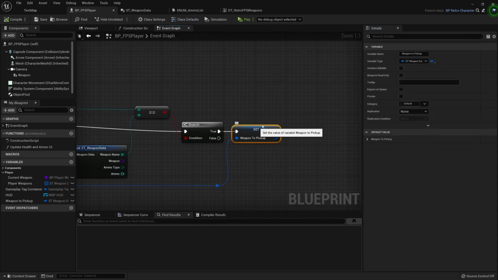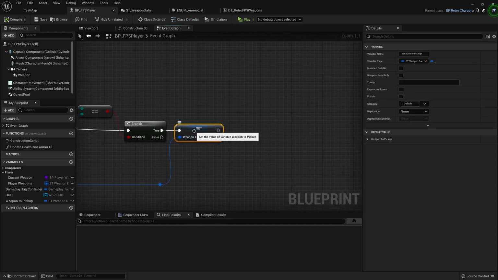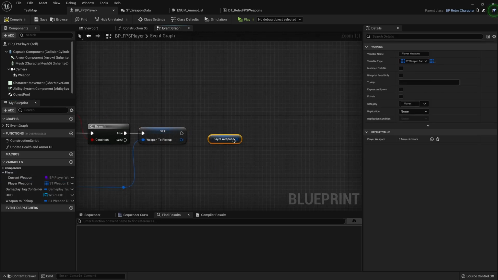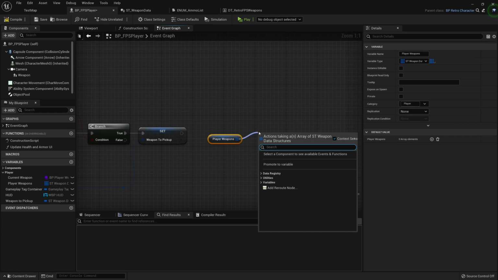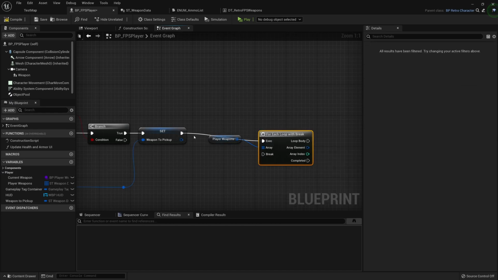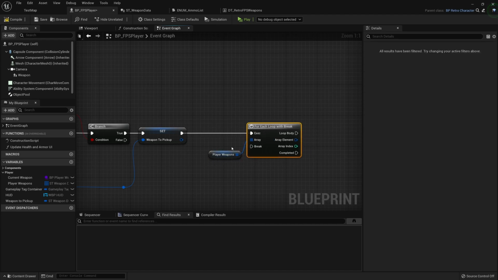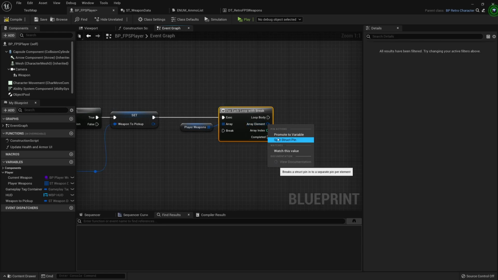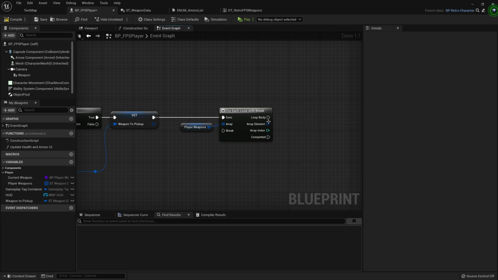But what we want to do is, after we find the weapon that we're going to be picking up, go through the player weapons, and we'll do a for each loop with break, and we want to find this weapon. However, we can't really compare the array element of the struct with this other struct. We'll need to actually either split them or drag out and do a break.